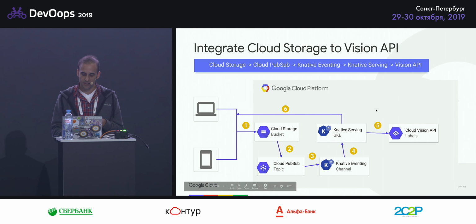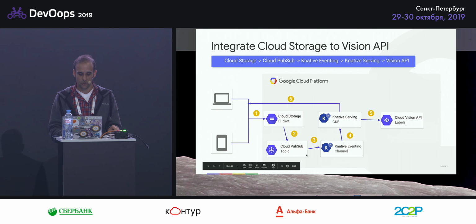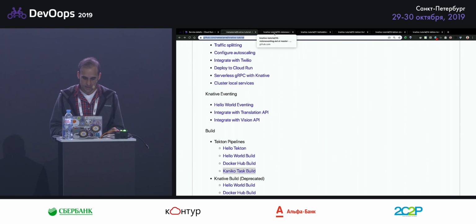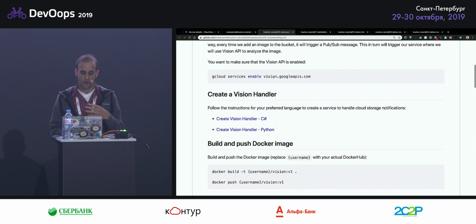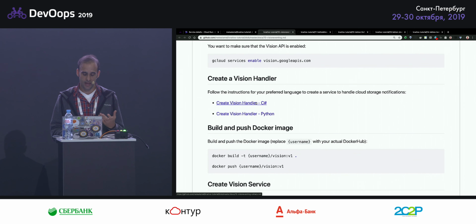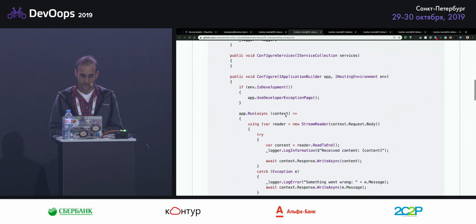And this Knative Eventing runs on Google Cloud, but it doesn't have to. It can run anywhere you want. So to set this up, let's see where I have this. First, you need to create your code. Again, I have C# and Python because those are the languages I like, but you can do it in any language you want. But just to show you briefly, what I'm doing is that